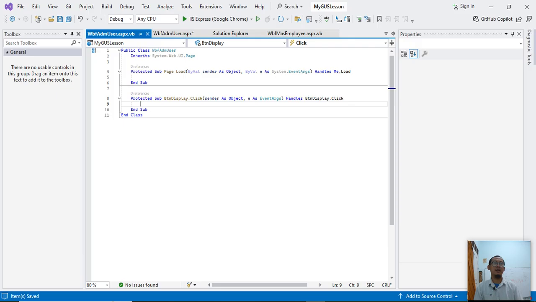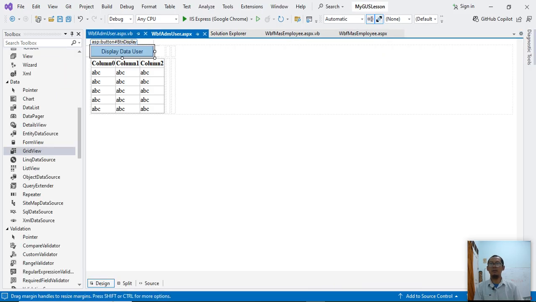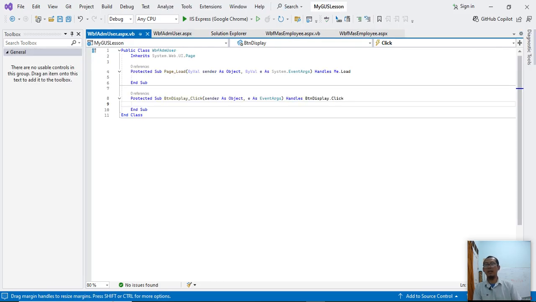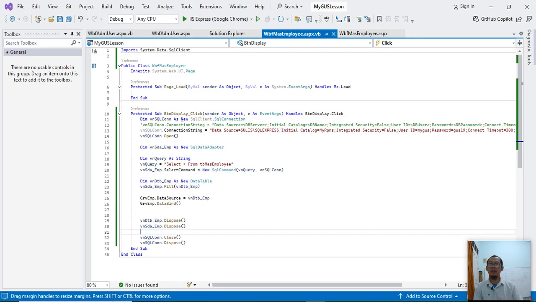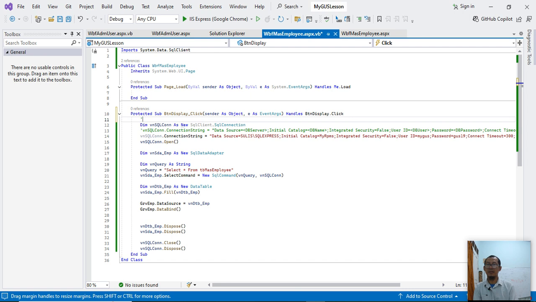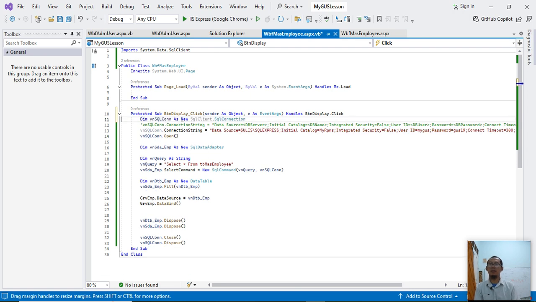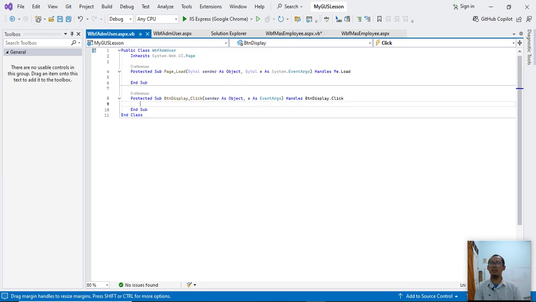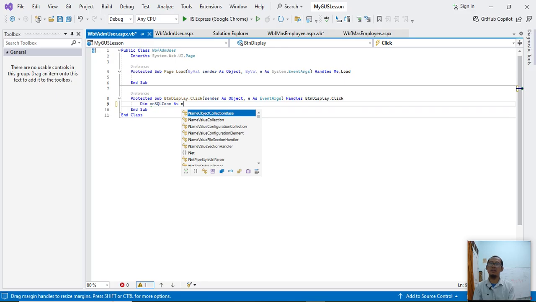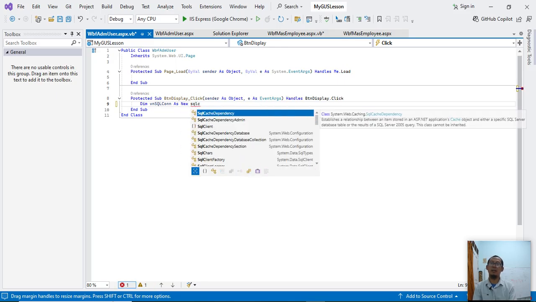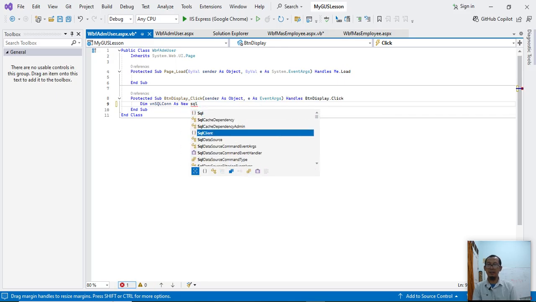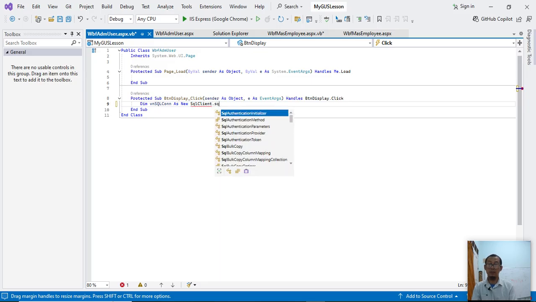Okay. Now let's first create the connection. Create connection: dim vn SQL con as new SQL client SQL connection.